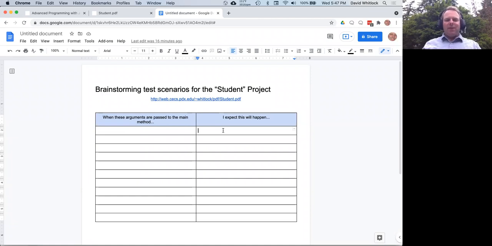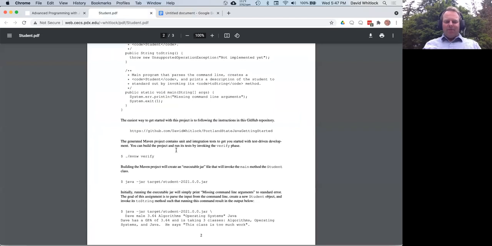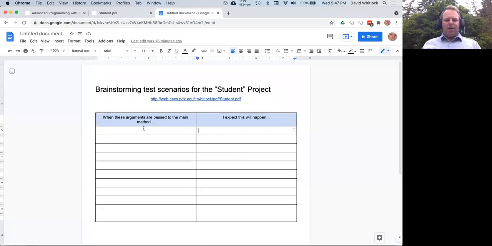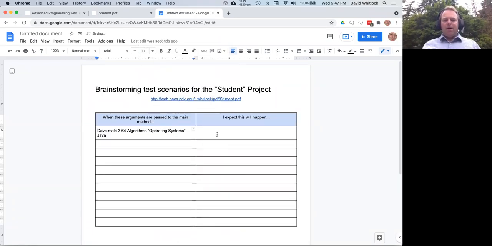And so, for instance, if we look at that happy path case, the ultimate case for that, when you have these arguments, let's get the right ones here. When these arguments are passed to the main method, did that paste okay? Yep. I expect that this string is printed, and I'll just copy it from there. So I did the easy one,